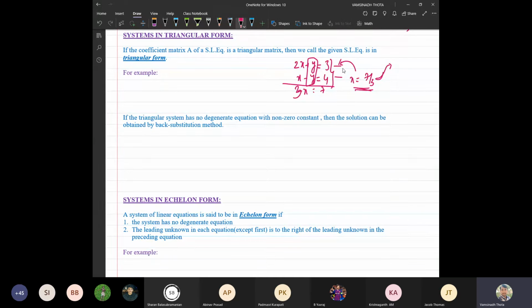It is exactly the same technique we are following here, but here we are not dealing only with two unknowns. Here we are dealing with a number of unknowns. The number of unknowns can be 10. Sometimes it depends on the problem. Once we hit one problem, you will understand why we need to operate those elementary row operations and how they help us.